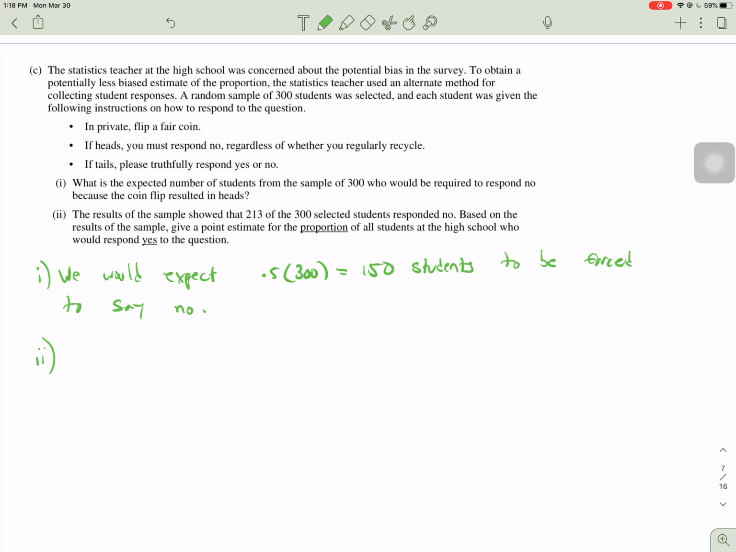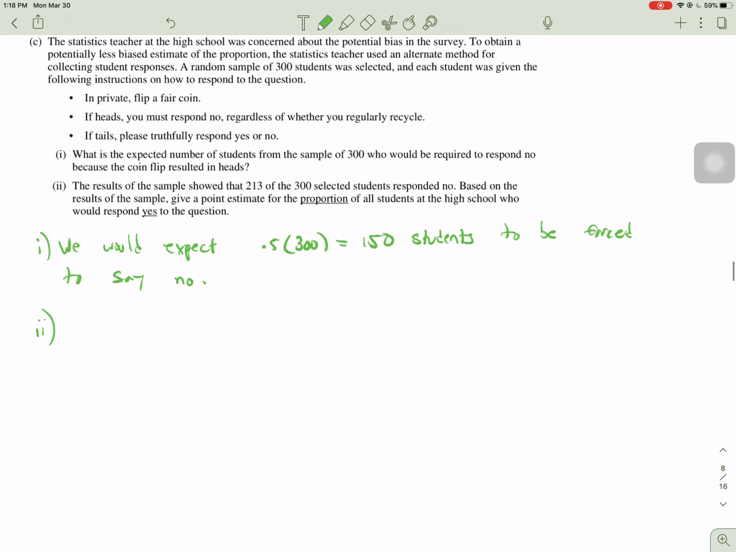Part 2 is a little trickier. Part 2 says the results of the sample showed that 213 of the 300 selected students responded no. Based on the results of the sample, give a point estimate for the proportion of all students at the high school who would respond yes to the question. So what I wrote was this. I wrote, if 213 answered no, and we expect 150 to be forced to say no,